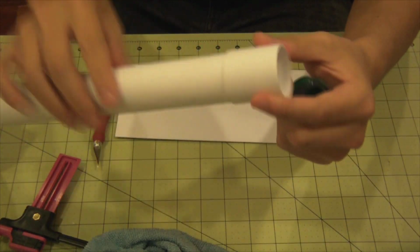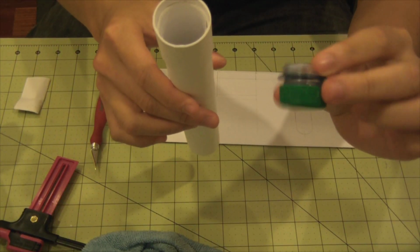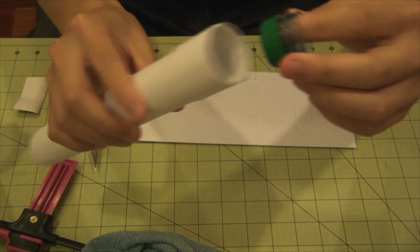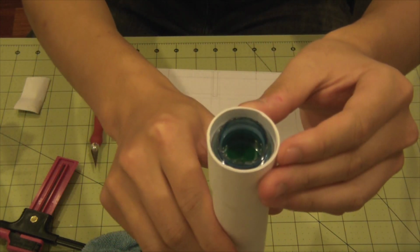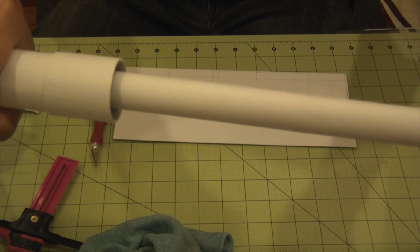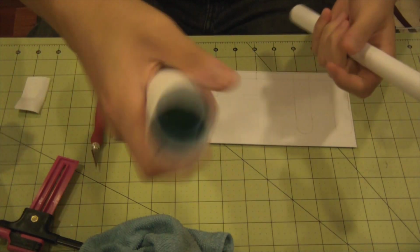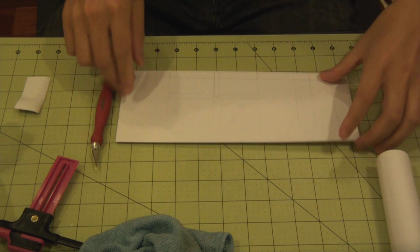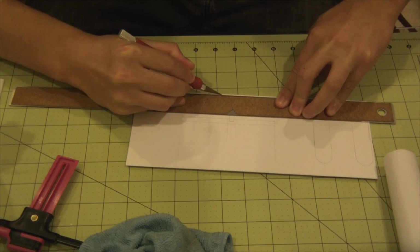Alright, so off camera, I went ahead, glued this on, the emitter housing. This is going to be what the blade's going to be attached to, this little bottle cap here. And then the way this works, just simply it's going to get set in here, hot glued in place. And then when you view from the side, you don't see it. Then you unscrew that, pull this out, and store it with just the handle. Put that aside, and now that this is done drying for the most part, I'm going to cut out the...